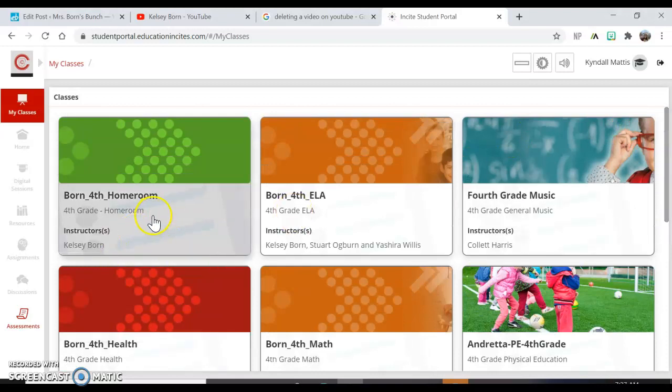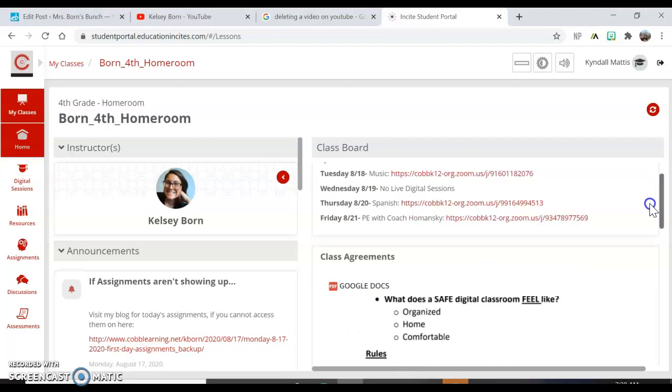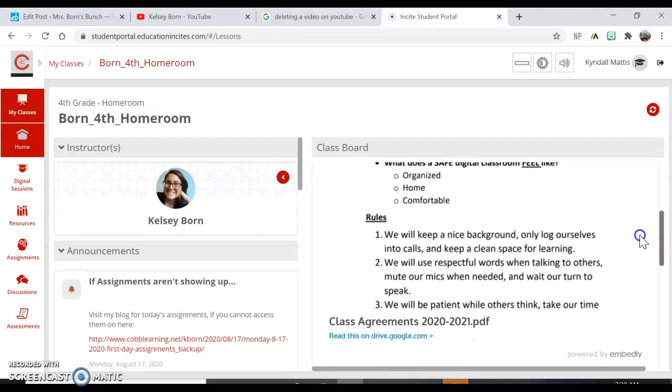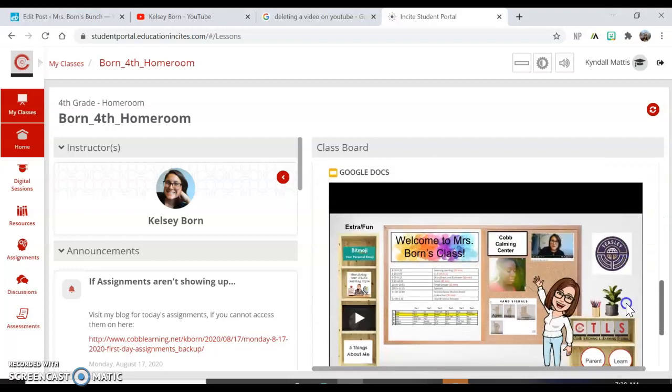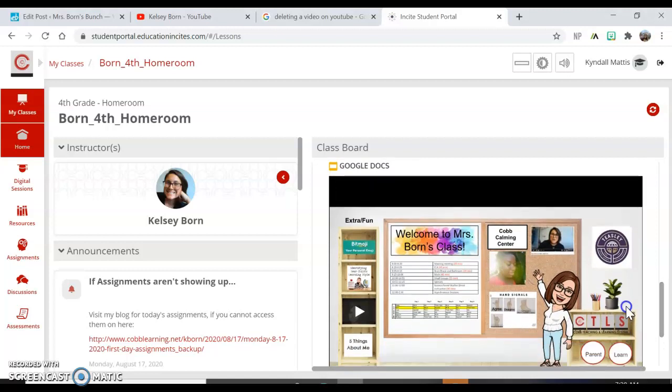So every single day you're going to start in homeroom, and this is where I'm going to be putting brand new information because this is like our general meeting place. The subject areas are going to be specific to subject, but homeroom is where I'm going to give announcements about signups, about Zoom links for any other special events, uploads of common agreements. I have a homeroom digital classroom in terms of Bitmoji, all of that.